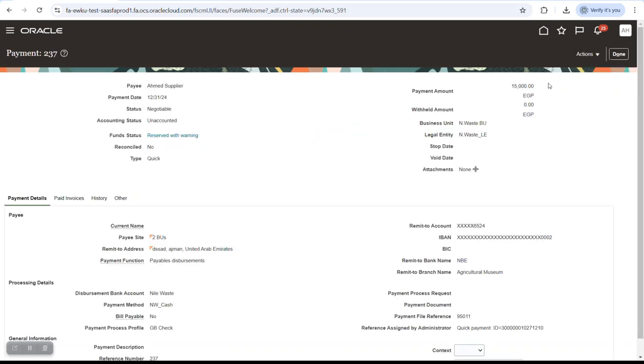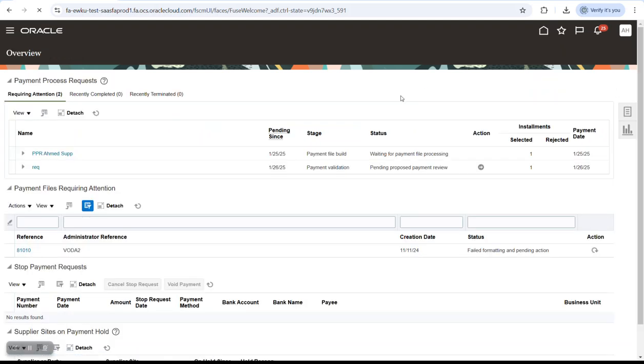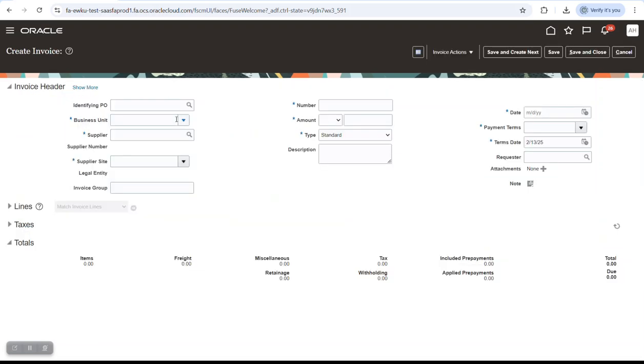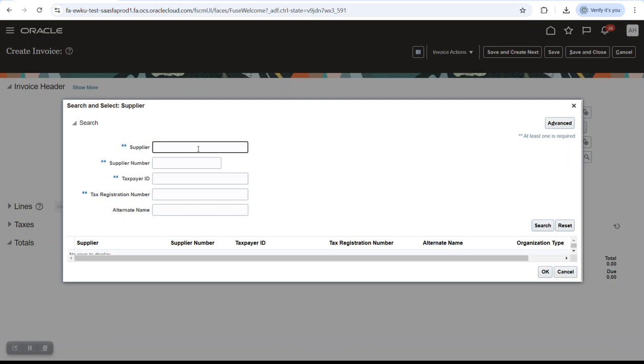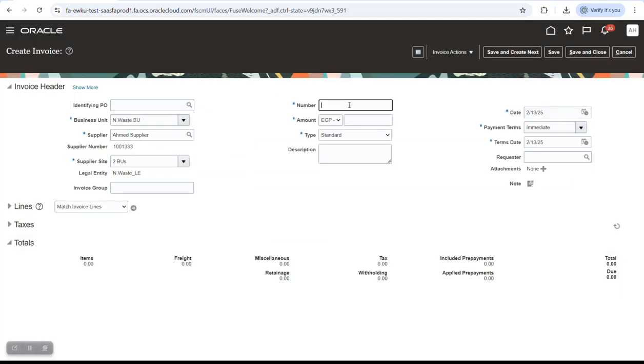either void it or no problem, I will create a new invoice from scratch. And because we said that this bank account is replaced from the combination of the invoice distribution with the bank account which is assigned to the bank account or cash account, so I will create it from scratch. There, on this one, okay, and number, cash